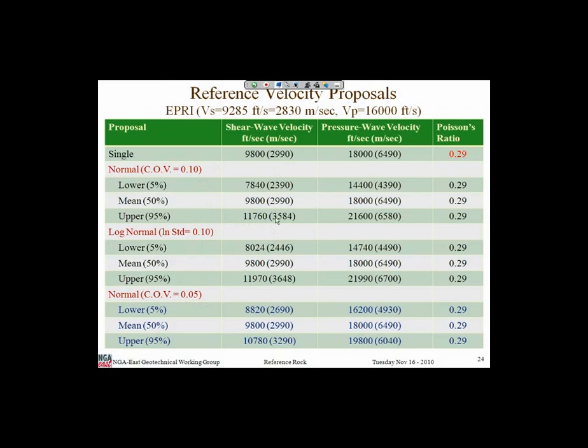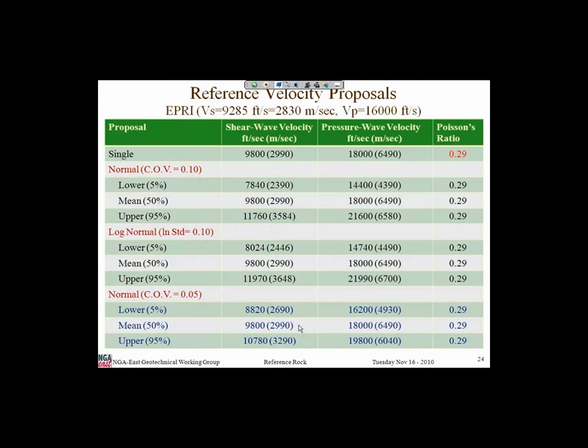And these are the various numbers we have come up with. In all of them the mean is the same. It is the range that it covers, the lower 5% to 95%, that we have for the data, and the range that we want to consider in our discussions